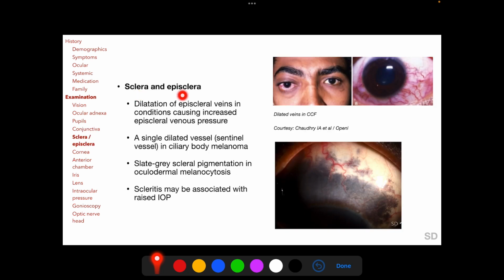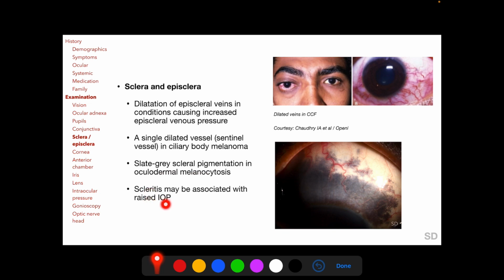In the sclera and episclera, we may find dilatation of episcleral veins in conditions causing increased episcleral venous pressure, as in carotid cavernous fistula as seen here in this photograph. But a single dilated vessel can indicate a ciliary body tumor such as melanoma and is called a sentinel vessel. Slate gray scleral pigmentation as seen here in this photograph is found in oculodermal melanocytosis, and scleritis may be associated